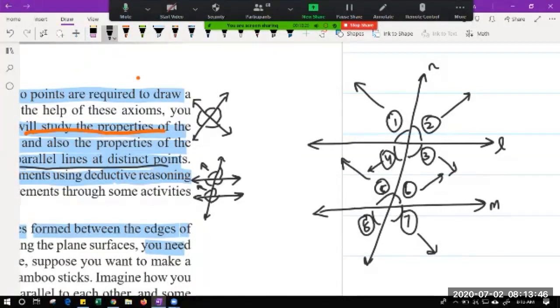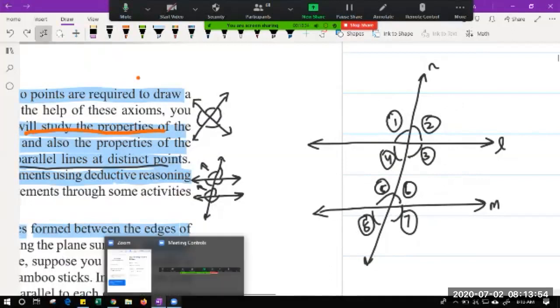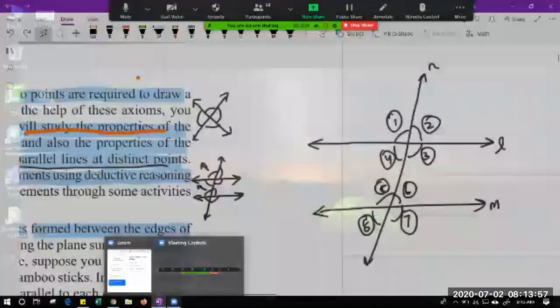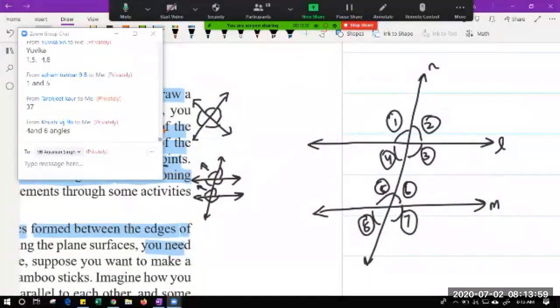Apart from this, one second, let me erase the arrows. Okay, now we discuss the next angle, that is vertically opposite angles. We all know when two lines intersect, as I told you in yesterday's lecture also, only then do we get vertically opposite angles. So in this case, please help me. What are the vertically opposite angles?